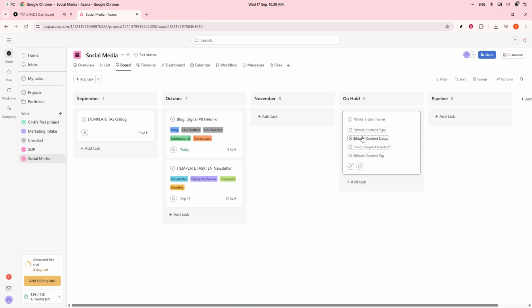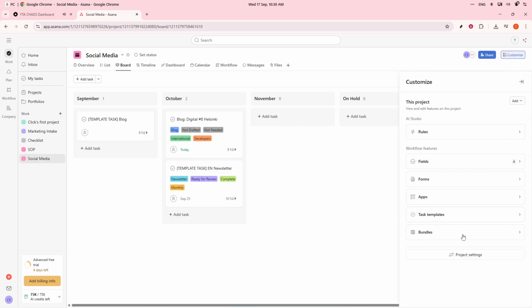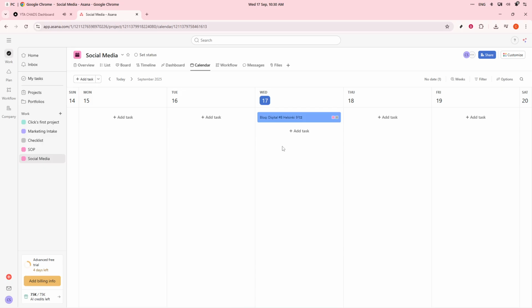To optimize your workflow further, set up automations, or as Asana calls them, rules. These can be set, for example, to automatically assign tasks to a scheduler when they're moved to ready to publish, or to send reminders when a due date arrives. This automation reduces the need for constant follow-ups, allowing your team to focus more on content creation and publication rather than administrative tasks. Finally, tracking your content's performance